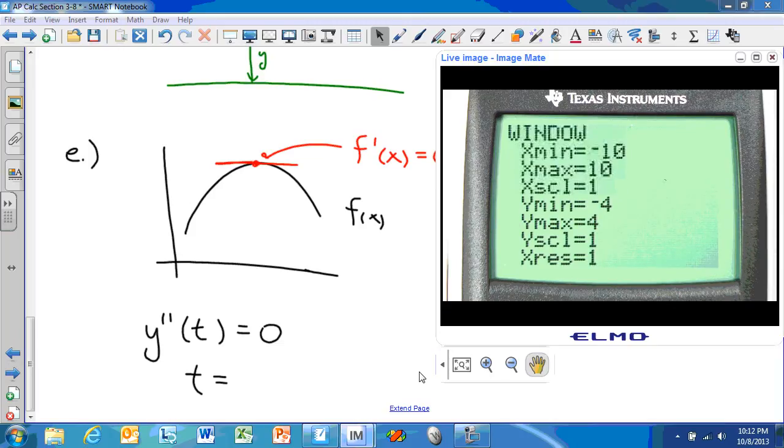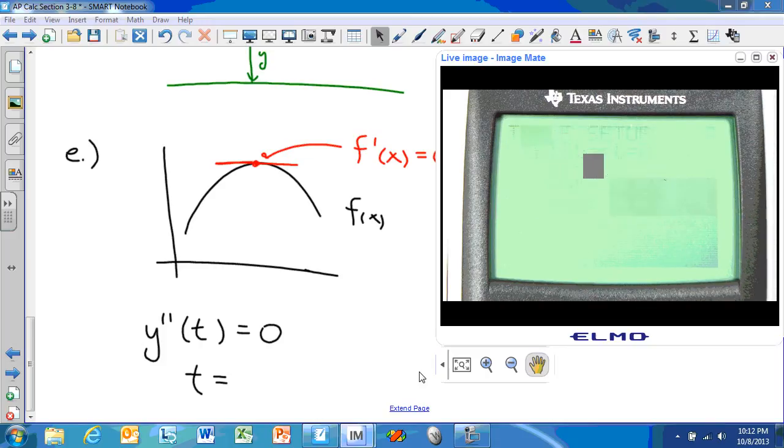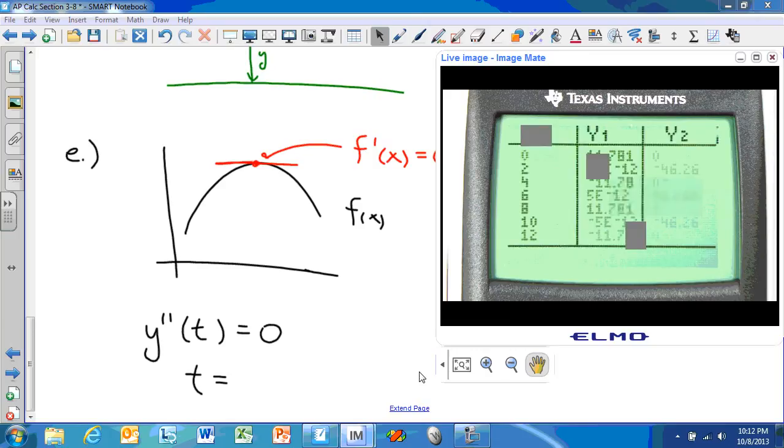And let's graph this from 0 to, I don't know, let's go out to 20 here. I'm not sure exactly how far we need to go out, but we'll go out to 20 and see what that gives us. And let's use our table to give us a list of values that our function is going to go through from 0 to 20. I'll set my table up to start at 0. We'll change it by 2. We'll put it in auto mode,